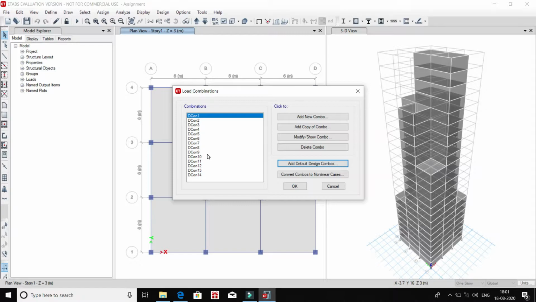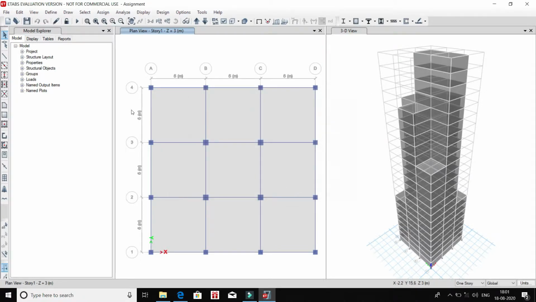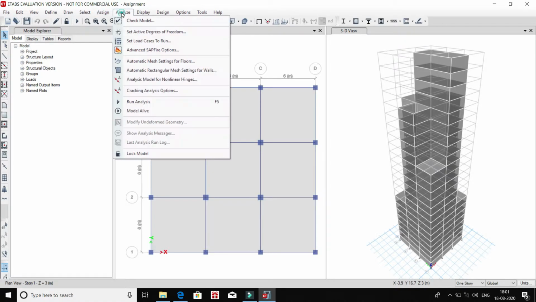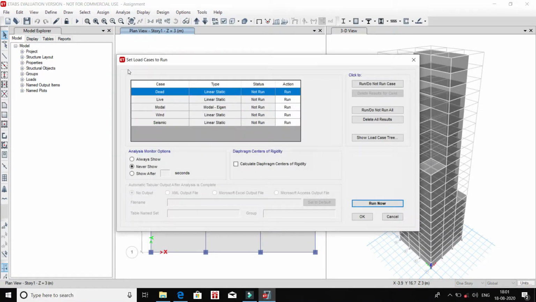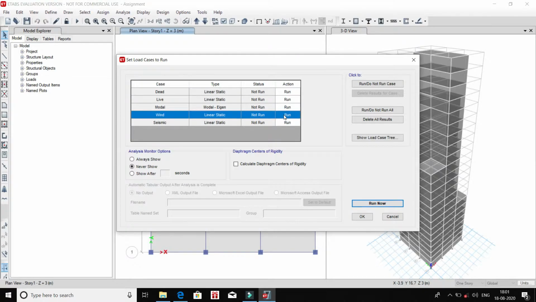Then the load combinations will be automatically added there. Then click on OK. Now go to analysis, click on show load cases for analysis, make the wind load a don't run case and then click on Run now.